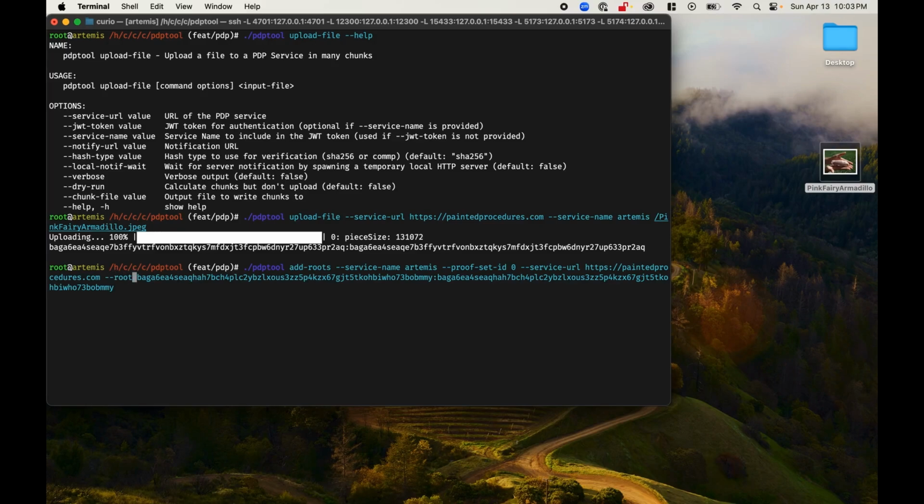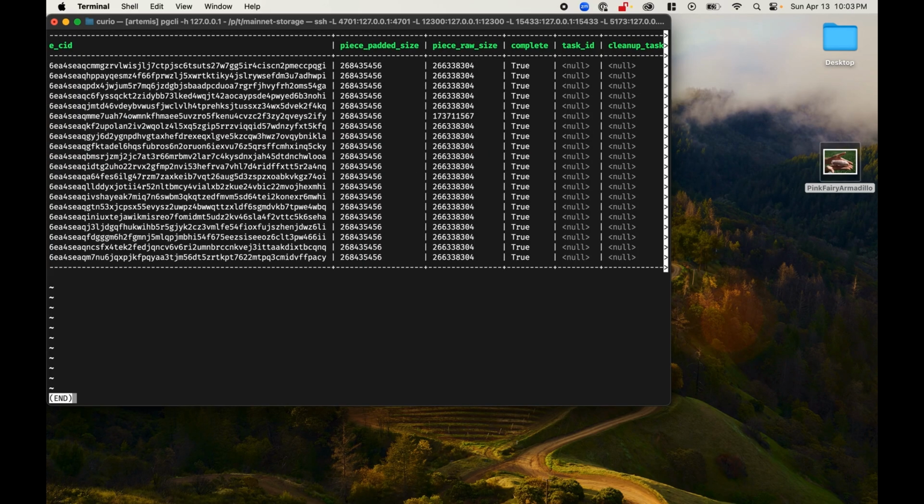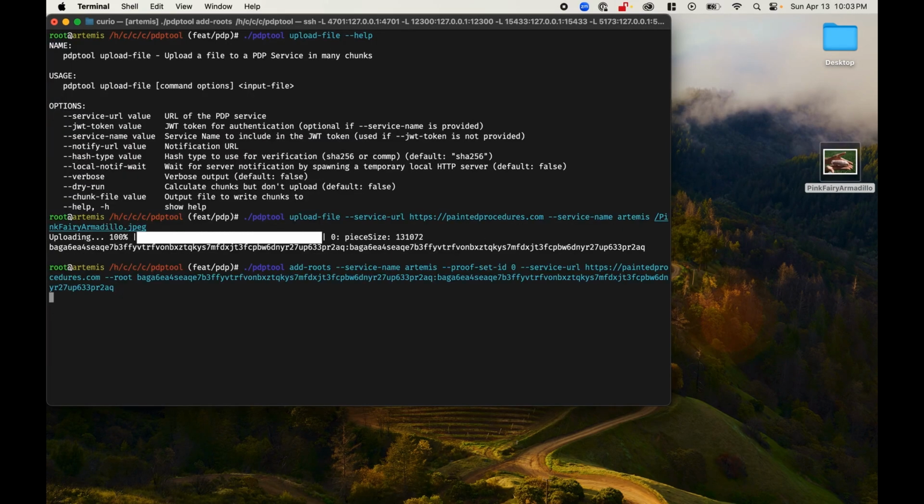And now I will modify this previous query to have the correct roots. So usually it helps to wait a little bit. I think we should be fine now, but just check the Curio node. Not seeing anything there. Let's see how this goes. Cool. Okay, so now this should be added to